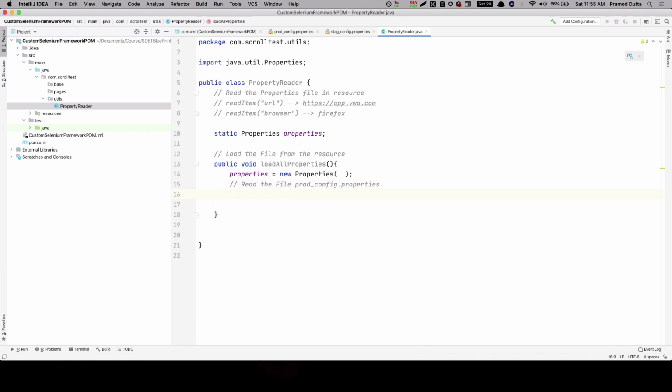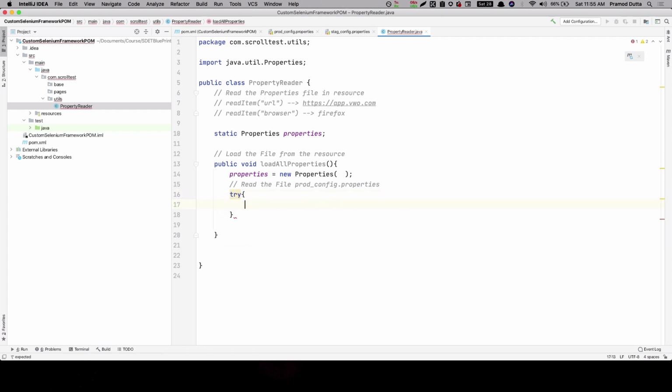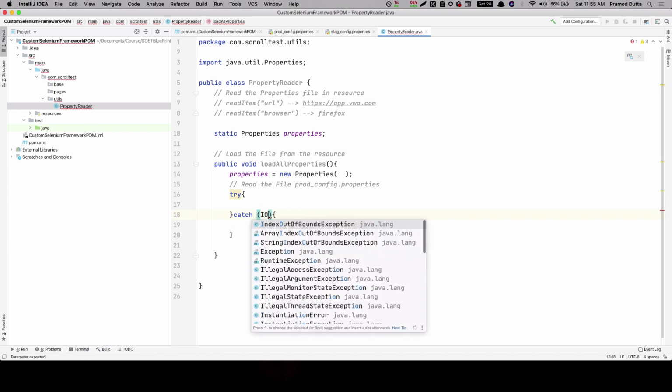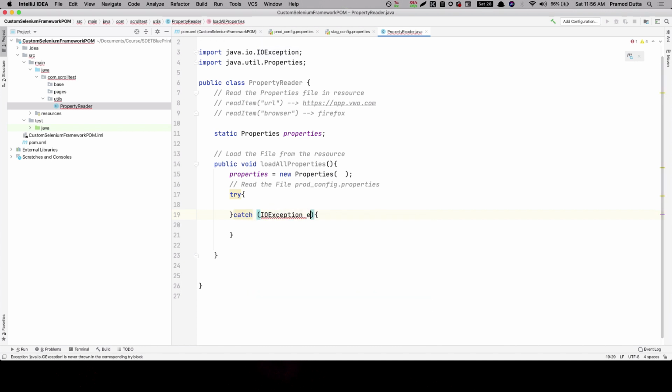Whenever we are reading a file, I suggest always adding a try catch. Since we are reading a file, we can have an IO exception in that case. So let's do it like this, E, and you have to add.